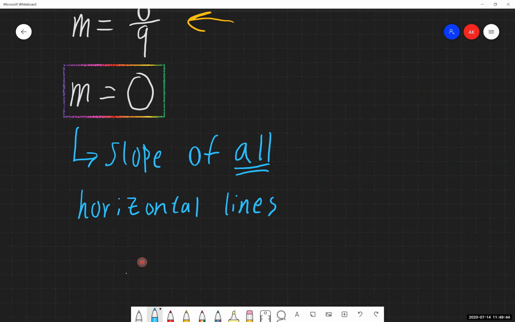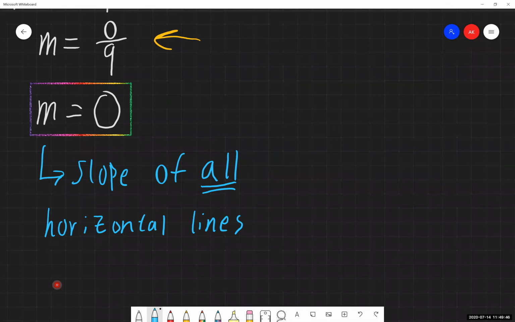So if we're working with this at all, and we're saying, well, I'm getting m equals 0. Is this really possible? Is this the right answer? It's completely possible. It just means that we're working with a horizontal line is all. We're not working with a sloped line. It's not increasing, nope, horizontal line.